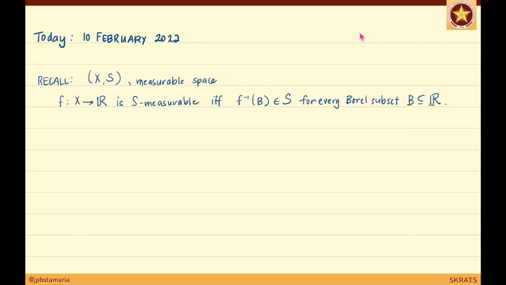It turned out that we can simplify this definition. When you say simplify, there is an equivalent way to say whether f is S measurable or not. And this is more convenient because you don't have to check this property for every Borel subset of R. You just need to know the following. So si f is S measurable